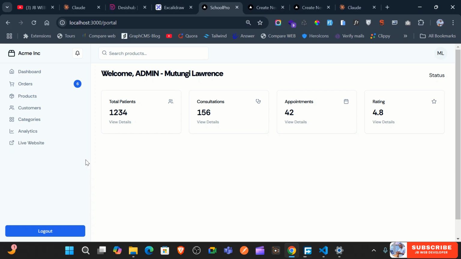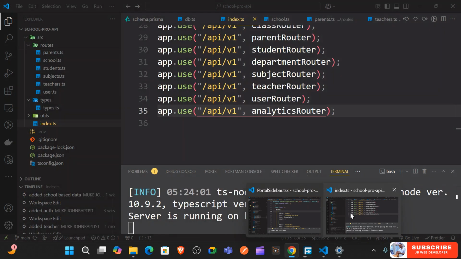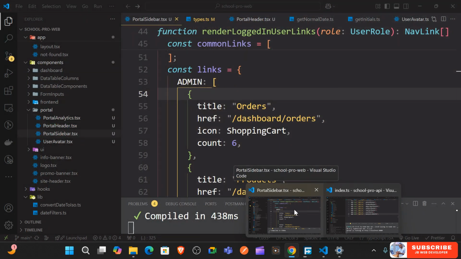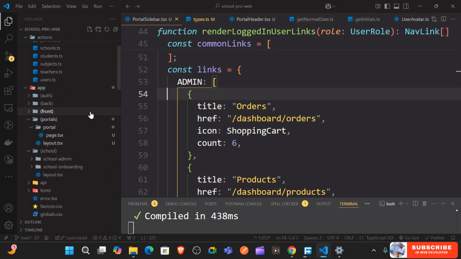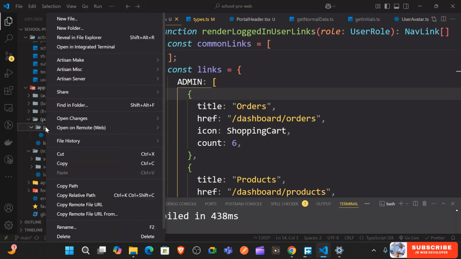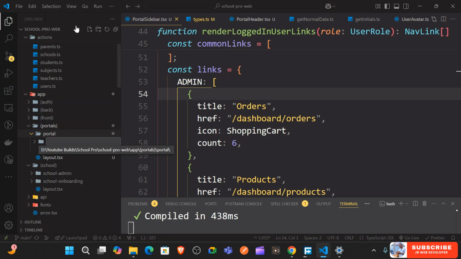This is good. Now one thing we have to do is to render to protect the pages. Okay, let's say that we have 2 pages. I'm just going to create them inside the portal. So let's say inside the portal we have some here. Let me just create some students,